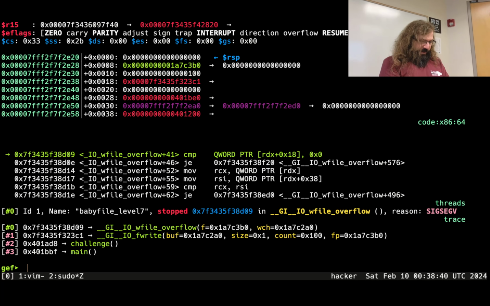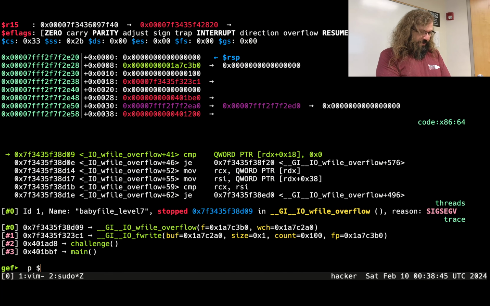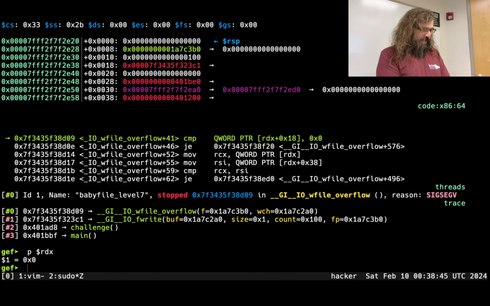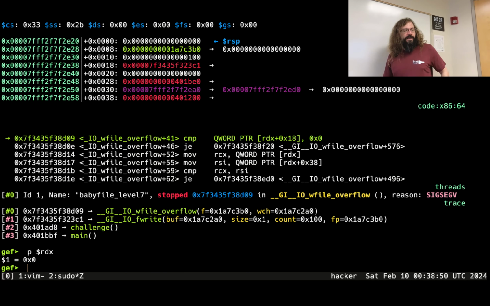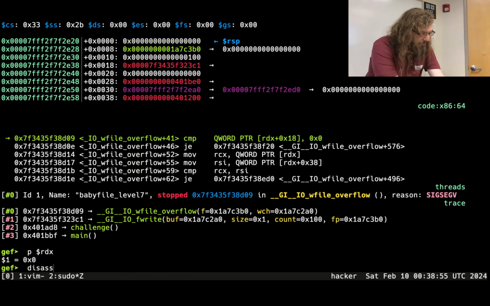So we're segfaulting on this instruction, right? Which should be, what is RDX? RDX is 0, so we are trying to dereference 18. That's not good, right? What we can do,